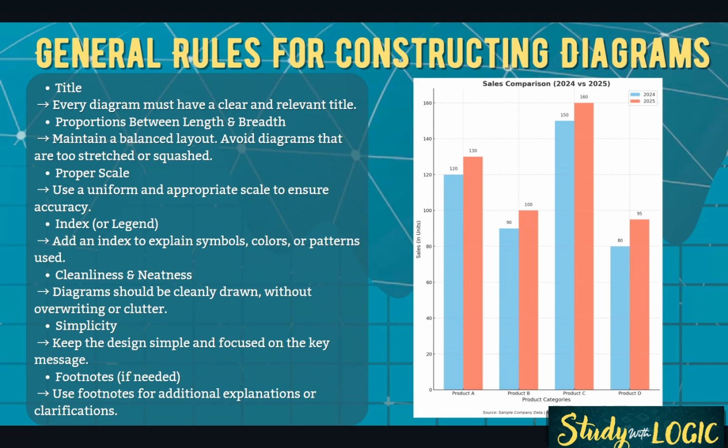And in order to make the diagram simple, it is important that the diagram should not be overloaded with mass data. Now imagine in the same example as it is shown, instead of 2 years, if I show 10 years of data, would it be easy to compare 4 products' 10 years of data in one bar graph? No, right? So if you want to use a lot of data, then there are different graphs for it, maybe a line graph or something. Hence, it is important that you always choose the right form of presenting the data in order to make it simple and easy to